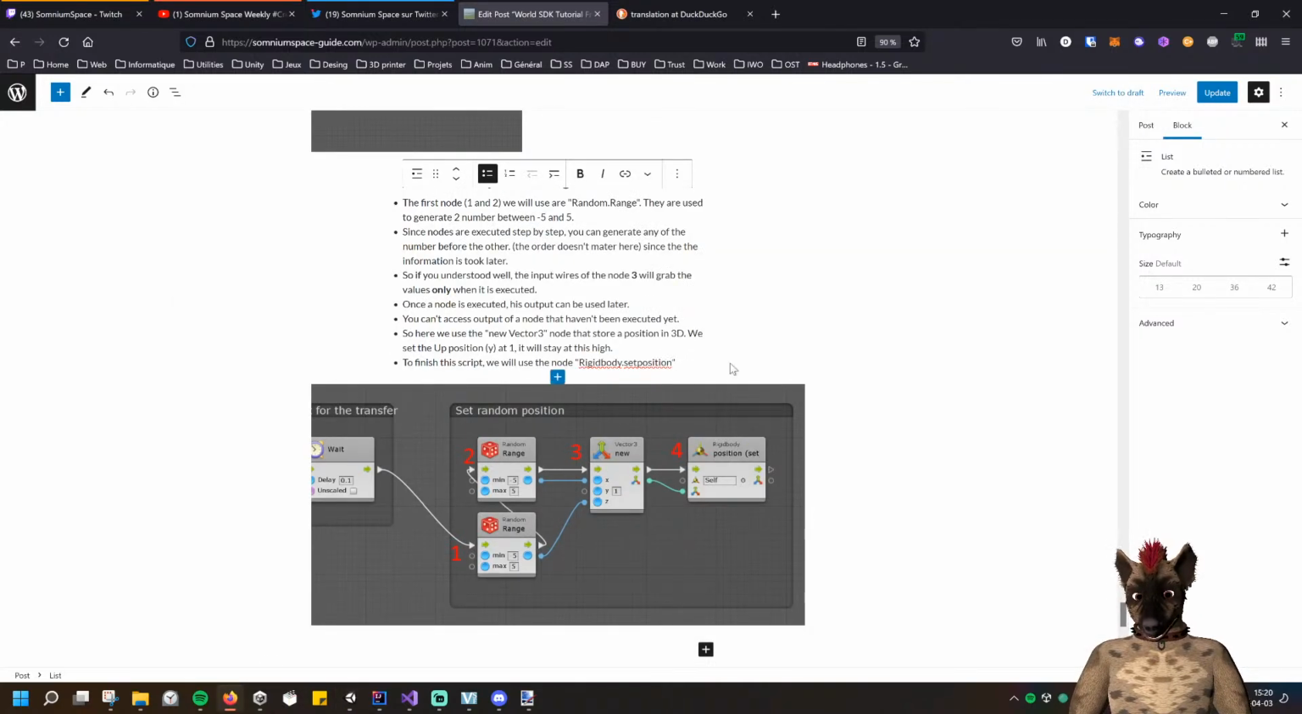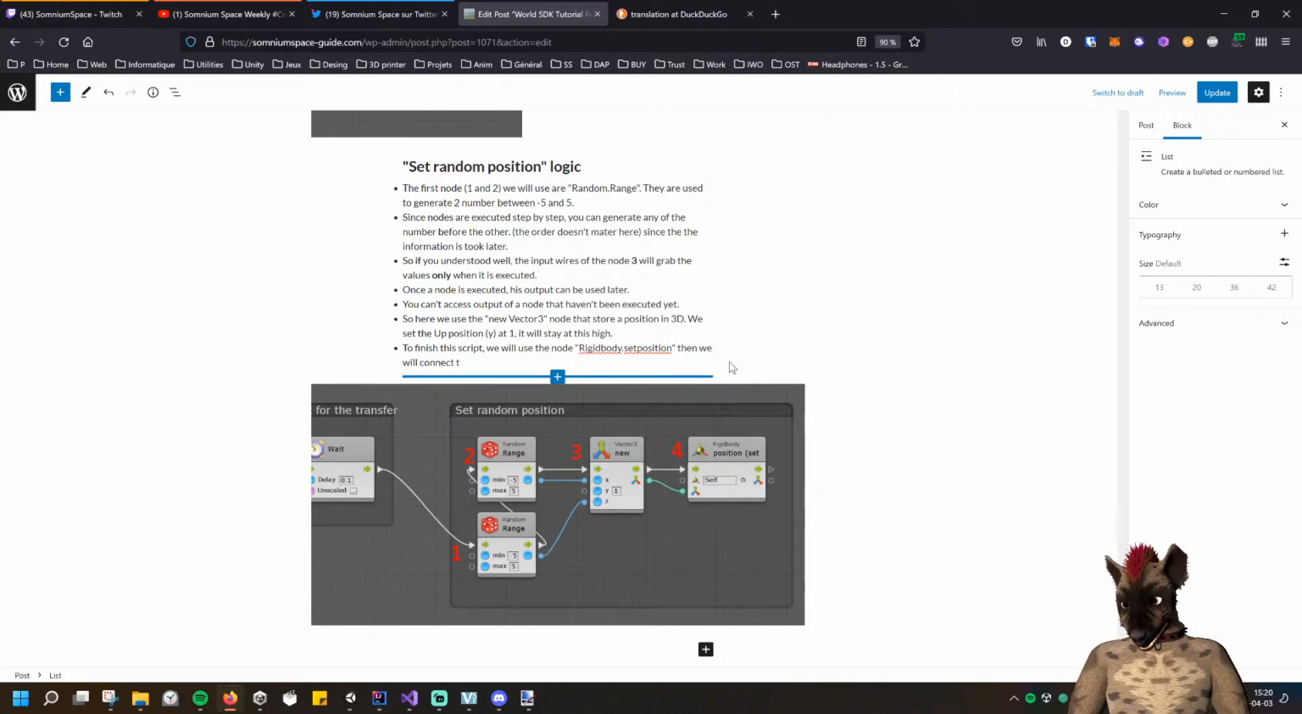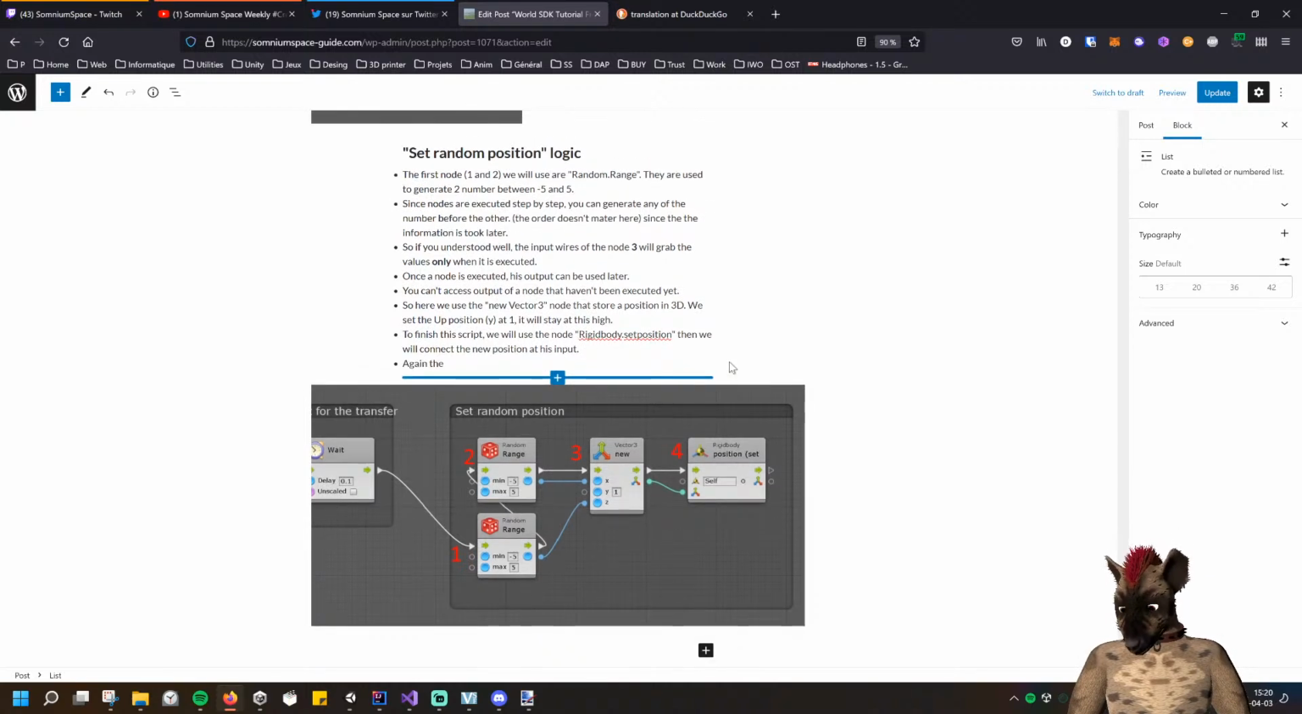Rigid body set position. To finish the script, we'll use the node set position. Then we will connect the new vector as input. Again, since the rigid body